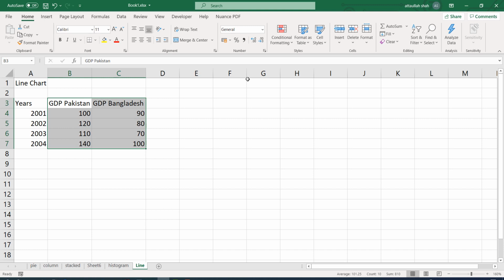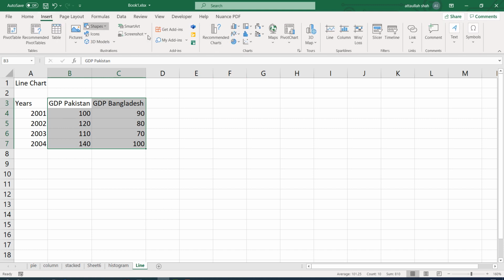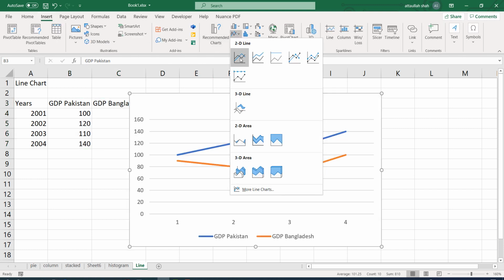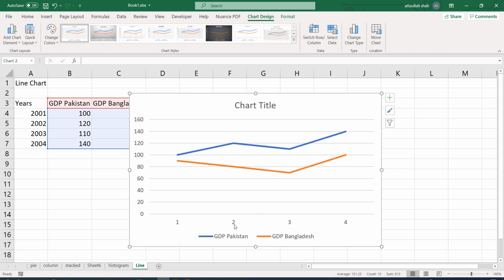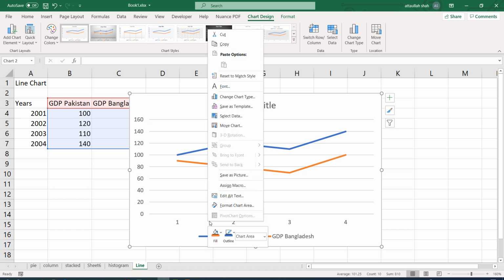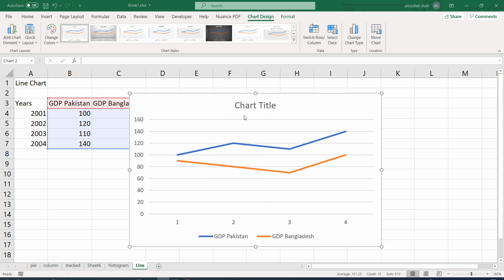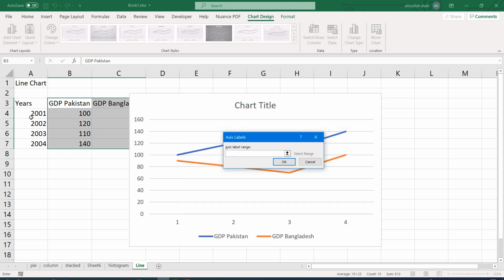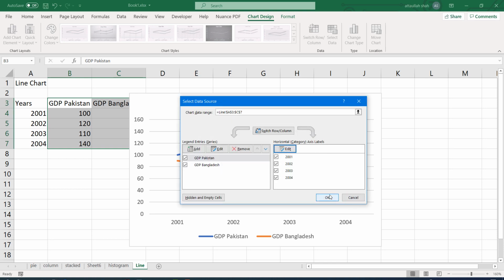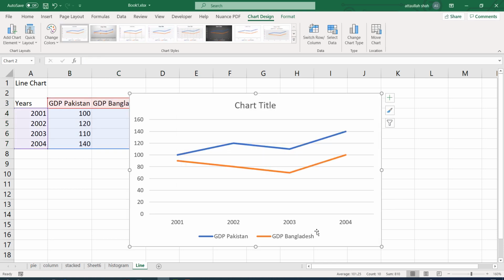If I select both of these at once and go to line chart, you can see that now we have the GDP of two countries, how they evolve over a period of time, and in a similar fashion we can add the labels which are given in the first column. So our line chart is ready, and each specific GDP is represented by a unique color.